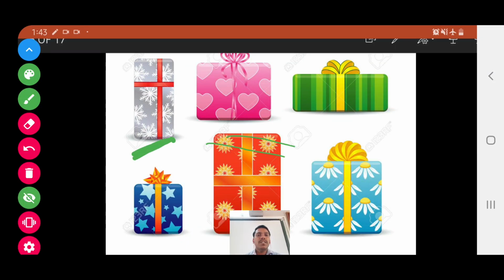Now the first box, when we see it from the top, we can see this kind of image. When we change the angle and see from one side, we can see such kind of images. Are you getting me? By whichever angle we see the picture, we get a different view.